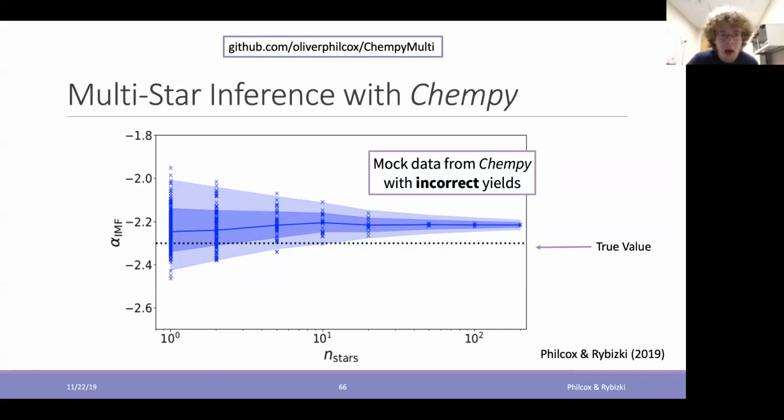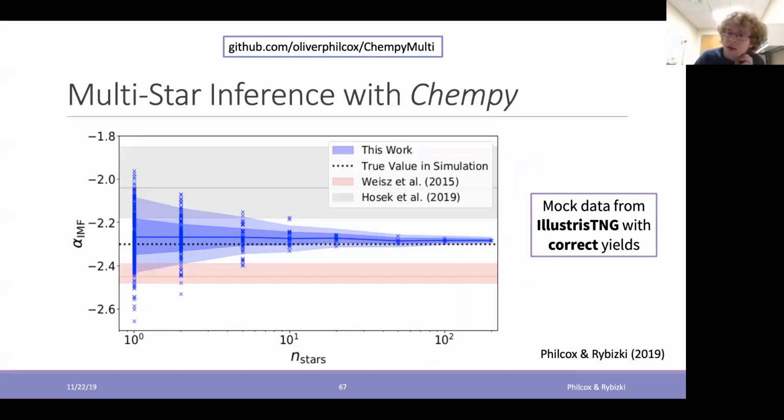Okay, the third one I wanted to show you is using the Illustris TNG data. So this is including far more physics, but the correct chemical yields. And we notice that the parameters we get, draw attention to the blue curve first, are pretty much perfectly consistent with the true result, within 1 sigma all the way up to kind of 200 stars in our data set. And this black dotted line is the true value in our simulation. So despite the fact that our model uses the wrong physics, a strong simplification of physics, we are still able to obtain very good parameter constraints.